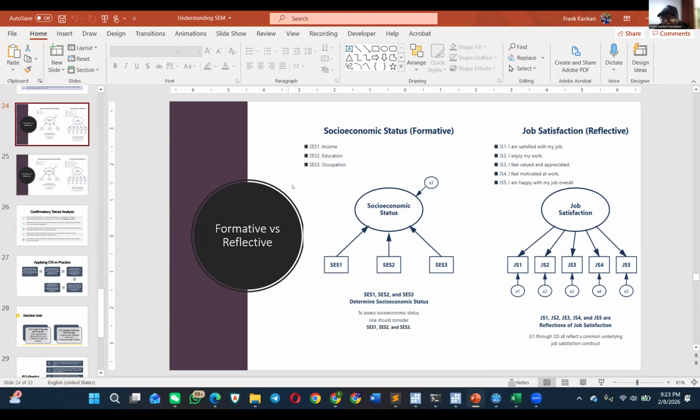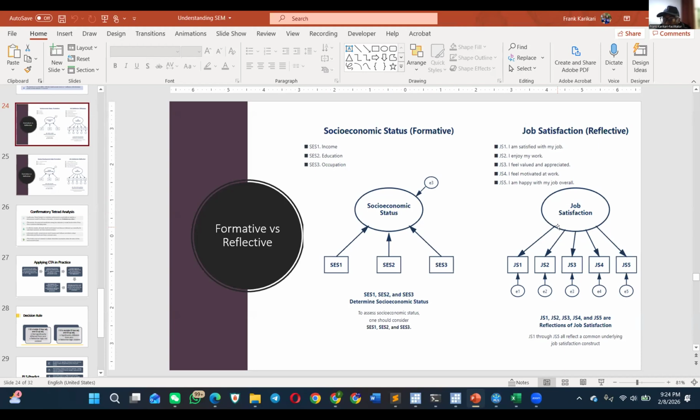And these are not something that are related. The measurement of income and education are not underlying indicators that are related. Income, education, and occupation are measuring something distinctively. So these three things put together is what forms